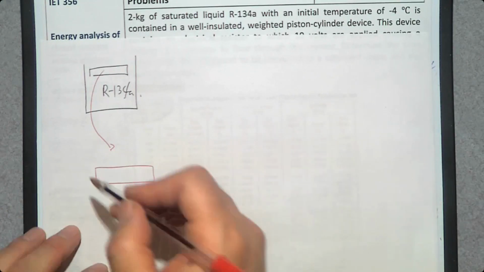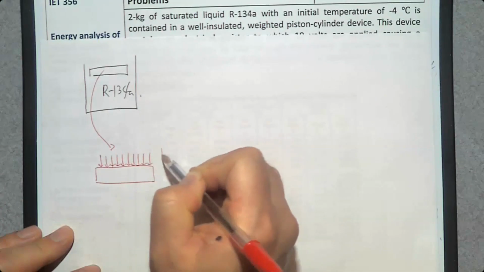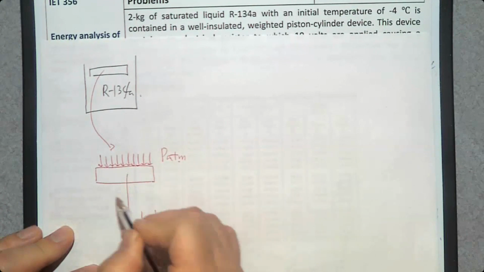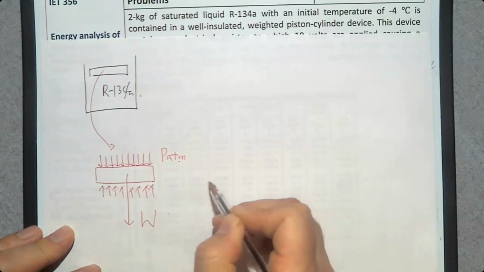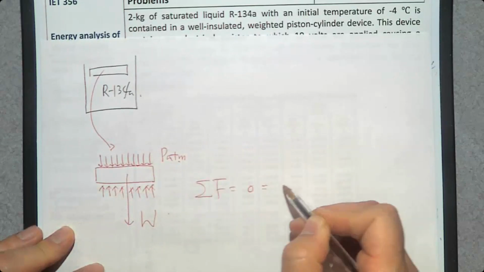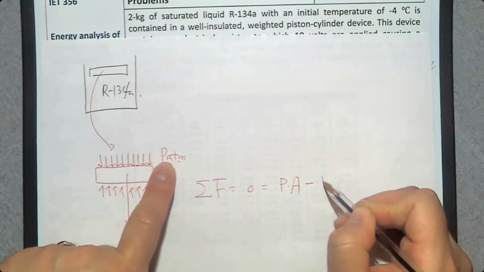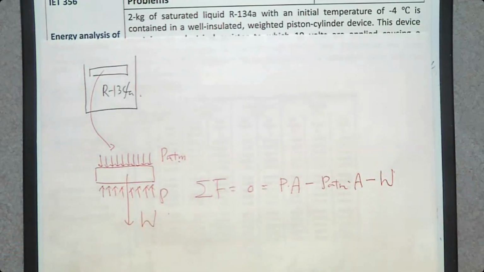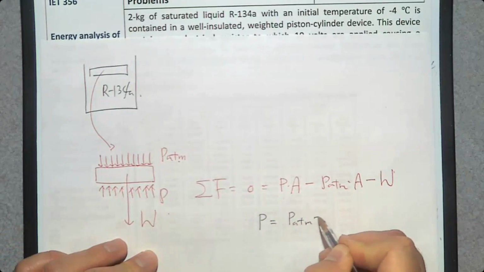First, we can think about atmospheric pressure, PATM. And we can think about the weight of the piston. And we can think about the pressure by our system. So if you do a force analysis, pressure P times area minus PATM times area minus weight should be 0. If we rewrite this in terms of P, the pressure of our system, it's going to be PATM plus